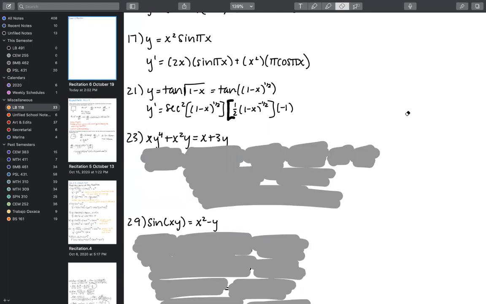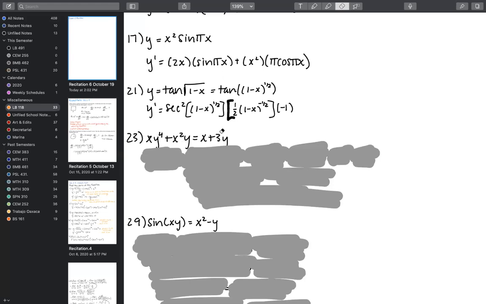This is an example of a time where this particular problem does not introduce it as implicit differentiation. So what I'm saying is be able to recognize by this mix of variables that this is an implicit differentiation problem, that you're going to do this differently than classic differentiation. Even if he doesn't say use implicit differentiation, Dr. Zalecki, on the exam, you should be able to identify by the fact that there are mixed x's and y's on one side of the equation.